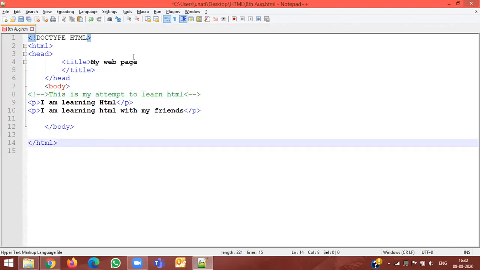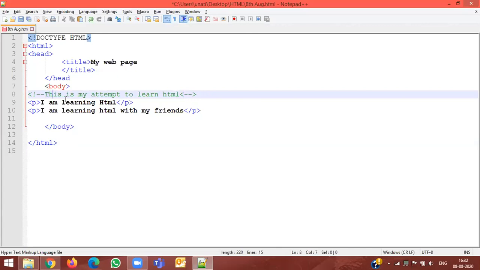There is one extra thing, Karan. This is not needed. There is only one, so you can remove it. And this also you can remove. Now just show me.